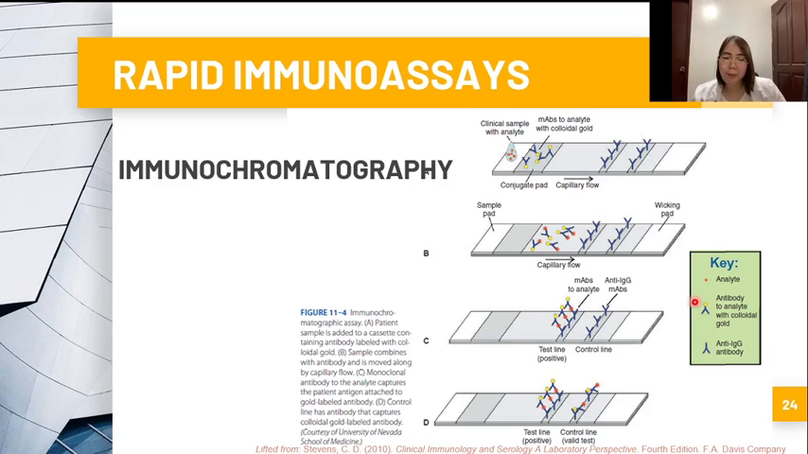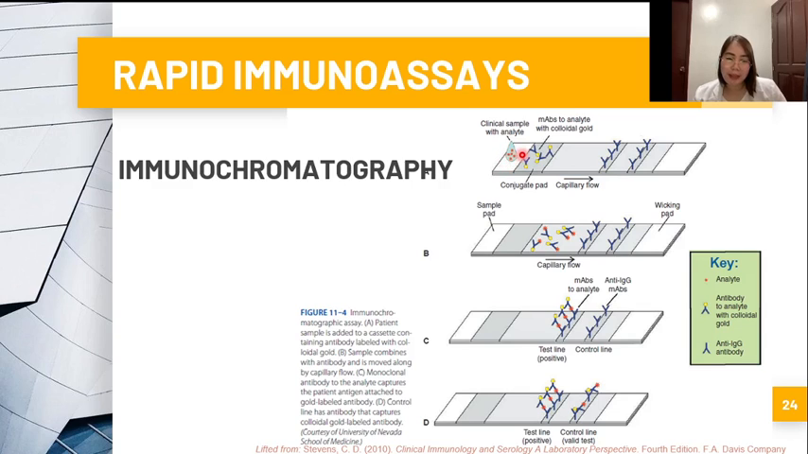Okay, so for example, we will be detecting patient antigen in the sample. That's why we will be using a labeled antibody, because we're detecting patient antigen. So kung detect mo is antibody, you will be using labeled antigen. So depende sa test. So for instance, we are detecting patient antigen from the clinical sample, and